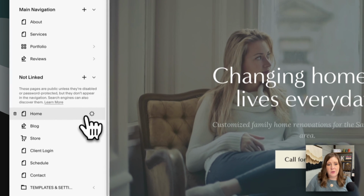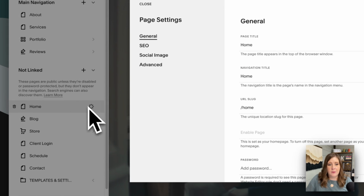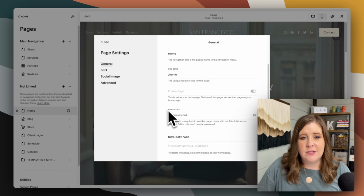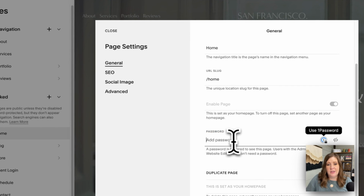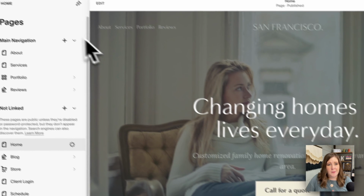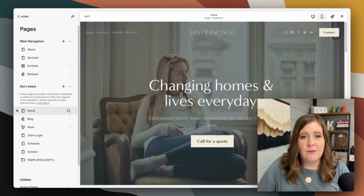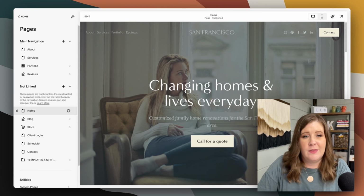To do that, you could, for example, click on the gear wheel for any page in particular, scroll down until you see the password section, and literally just give it a password and click save. That's it. That's only per page though. So if you want to assign a password for the entire website, even though it's already published, the easiest way,